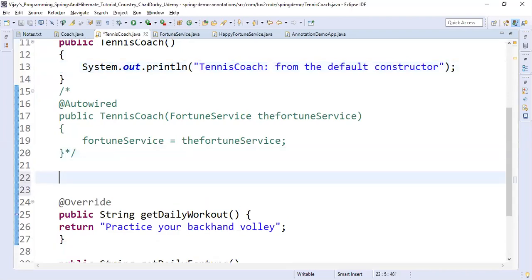So now we are going to create the setter injection. Setter, I'm writing it in a comment: define a setter method.